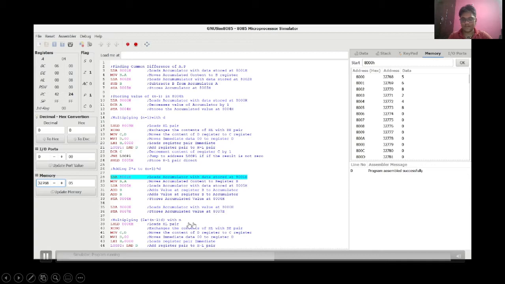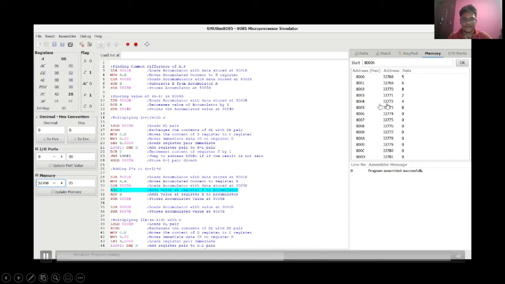So let's see. We load accumulator with data stored at 8001H. So accumulator will have value 6. As you can see here, it has 6. Then we load accumulator with data stored at 8005. Before that, sorry, wait a minute. Yeah, after this step, we moved accumulator content to register B. So let's see, B became 6, as you can see.